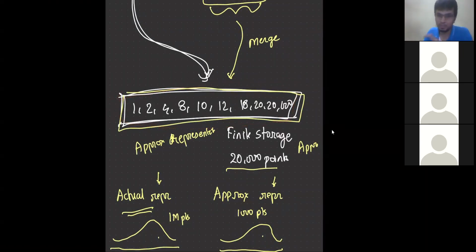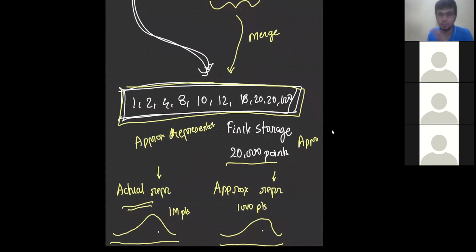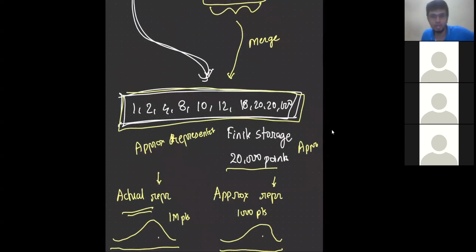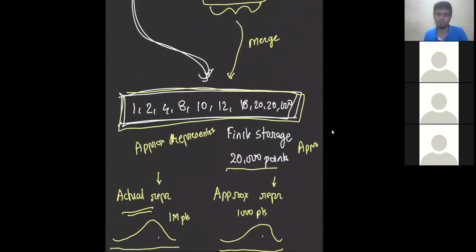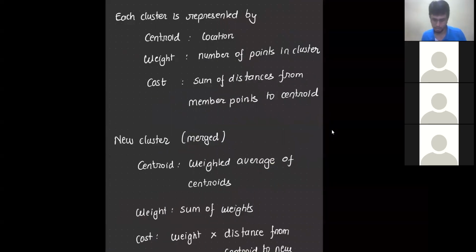And this is for an approximate computation, not an actual computation. Actual computation might take a lot of time, and you might store the actual raw points as is. But this is all about storing approximations, or doing quick computations on the fly to give users faster dashboards, but with a very low error rate. Having a finite memory, you have to keep on merging, and that's where you apply this merging logic.